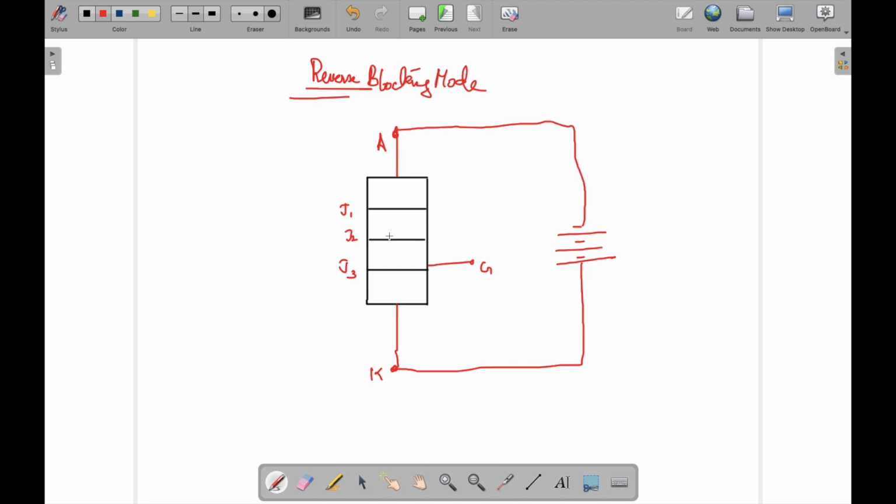So in this case, what do you think would happen to the junctions J1, J2 and J3? Here again we have the same polarity P1, N1, P2, N2. Now it's like we have a diode here, with a P region and an N region. I have connected N to positive and P to negative. So that makes the junction reverse biased. It will not allow current to flow because the electrons are the majority carriers in the N region.